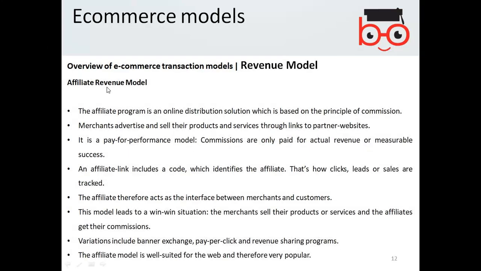Affiliate revenue model. The affiliate program is an online distribution solution which is based on the principle of commission. Merchants advertise and sell their products and services through links to partner websites.